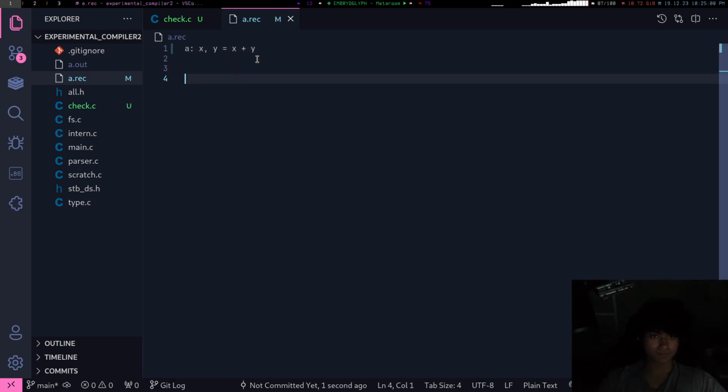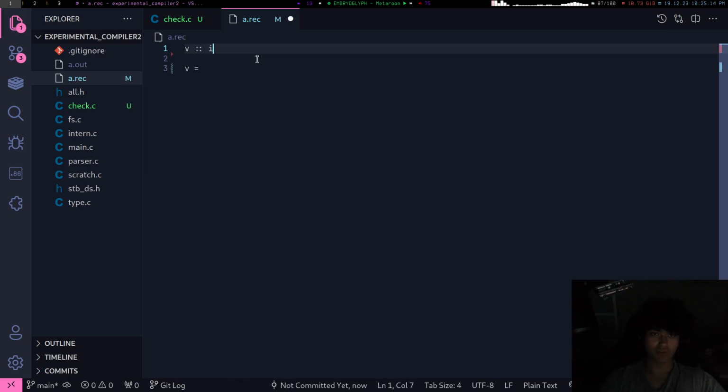But other than that, I think I'll be able to deduce the type of something like v equals I32, v equals 40, and then v equals this thing. I'll be able to find out that k is for sure an I32, or if this has no annotation, it'll automatically decay to an I32.